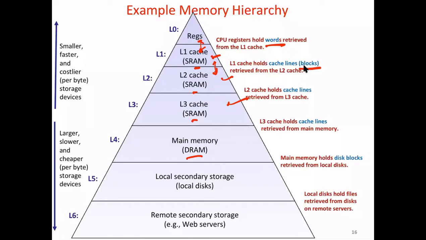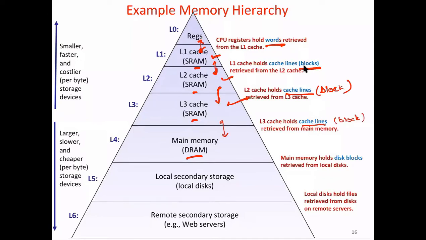Okay, and this block is usually a certain number of bytes. For example, it could be 32 bytes or 64 bytes or something like that, and we'll look at this later. And similarly between these two, again it is blocks. We use the word cache line, which is the same as block, although some authors say there is some difference, but we'll look at that. Right now we can read cache line the same as a block.